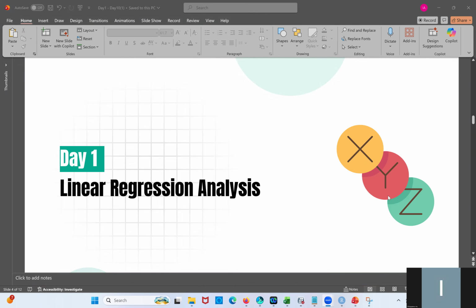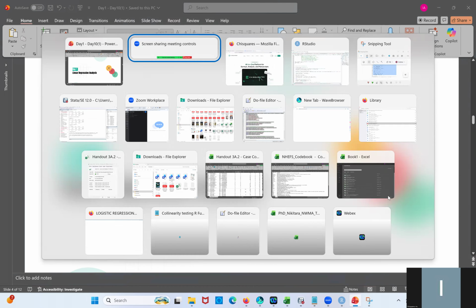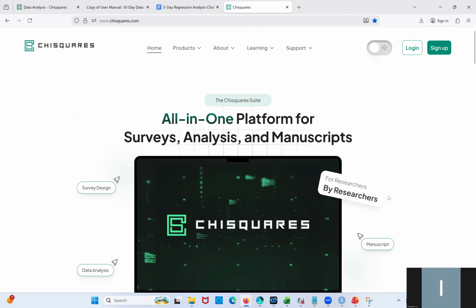Welcome to day one of our challenge, and today we'll be focusing on linear regression analysis. So without wasting much time, let's go over to the Chi-Squares platform and let's see how we can set up